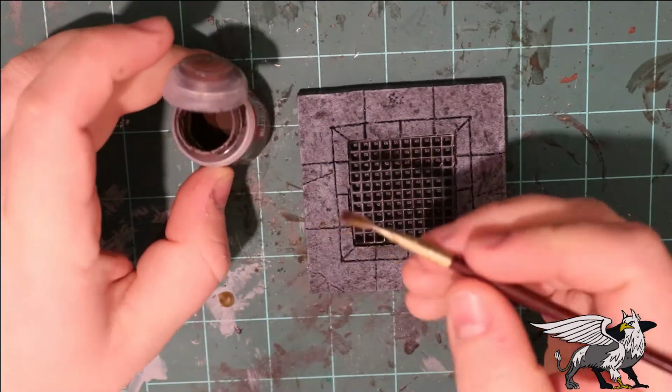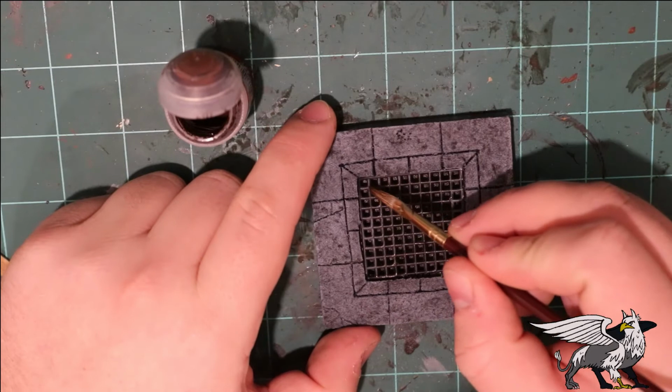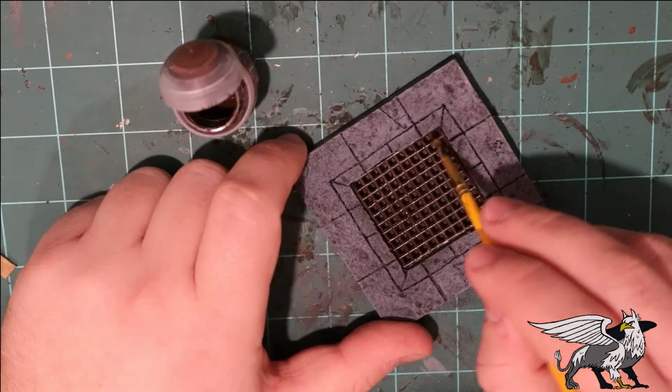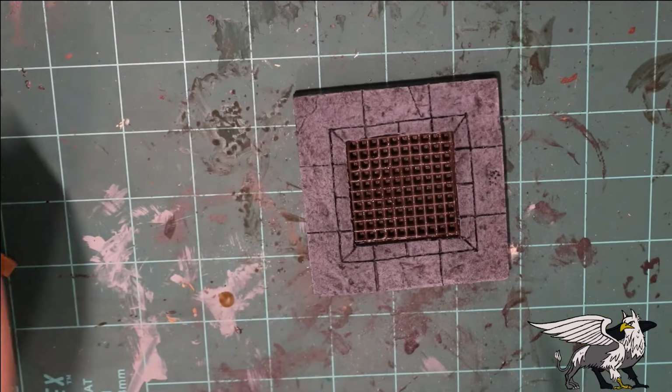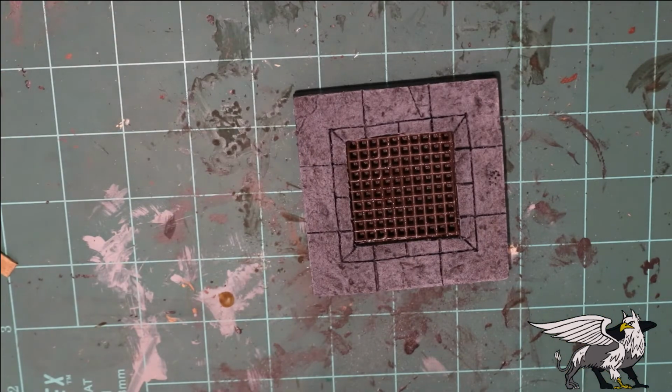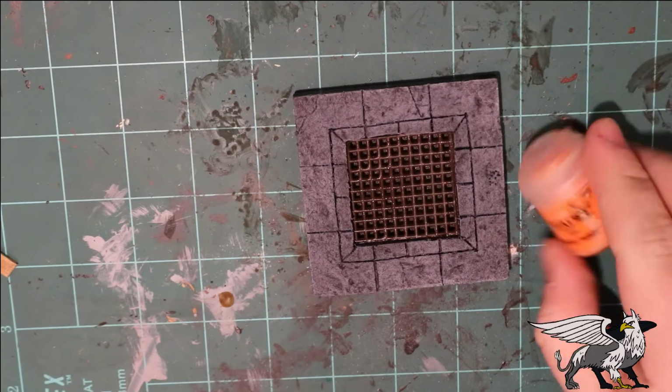And now the iron grate. I'm going to use Rhinox hide for the base coat for this, purely because I want to do this rusty, and I find this is the best undercoat or base coat for rust effect. I'm going to use Riser Rust next,